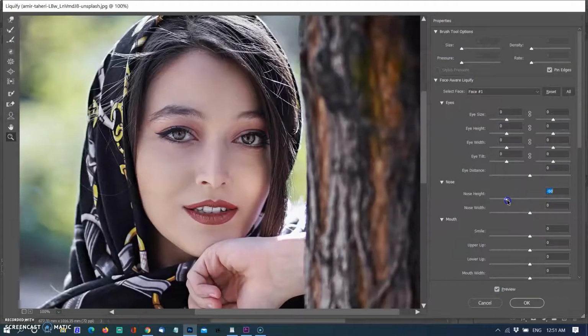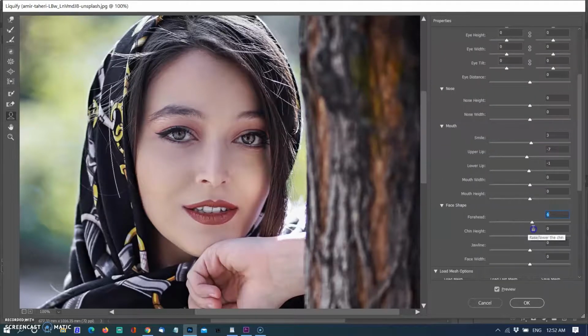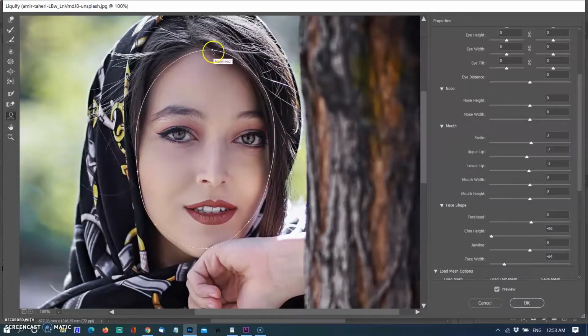Like this, you can change the nose height and width. You can also make the smile narrower or broader, and correct the lower or upper lips. You can also make changes to the face shape, forehead, jaw and cheeks. You can do this either with the sliders or with the face points. I normally change the shape with the points created by the Face tool. Again, these are very subtle changes, but they make a big difference in retouching.